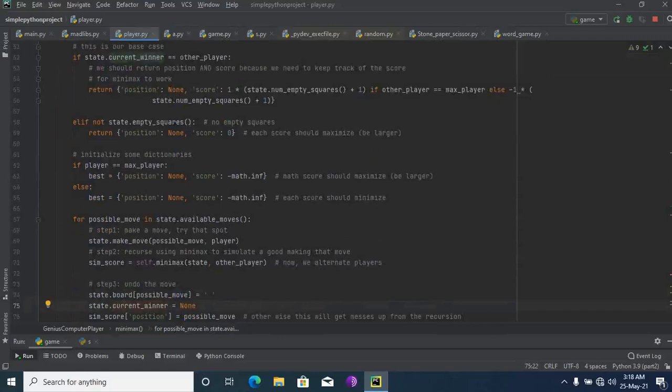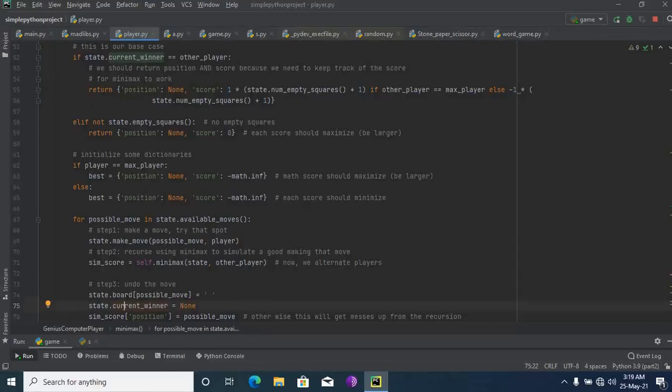If player equals maximum player, best equals position None, score minus math.inf. Else best equals position None, score math.inf.